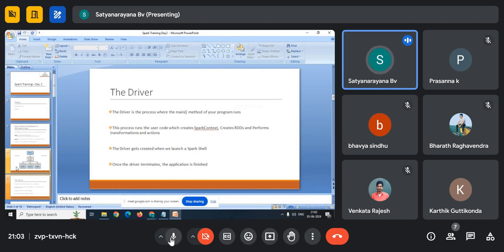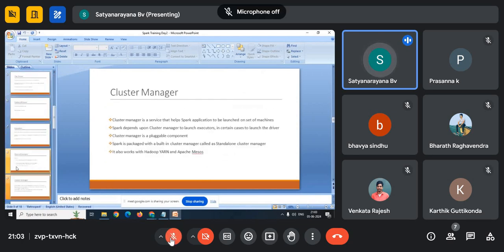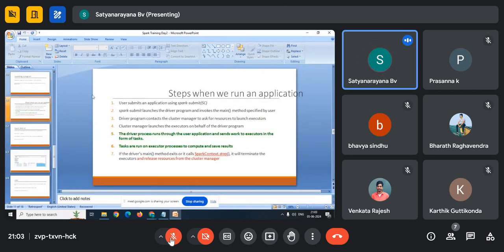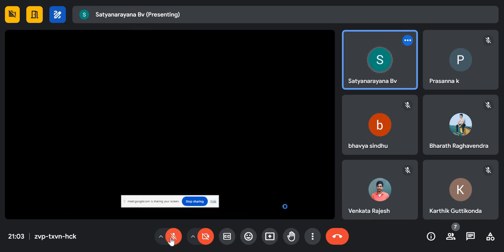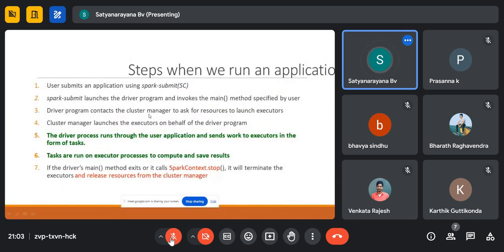I gave the study notes, and I told you, Spark engine is always on top of YARN. So whatever job you run on the Spark cluster, as a data engineer when you run the job, it contacts the Spark driver, and the Spark driver contacts the Spark engine, the cluster manager and the resource manager to release the executors. Then once the cluster manager releases the executors, they execute your logic on the memory of the data nodes.